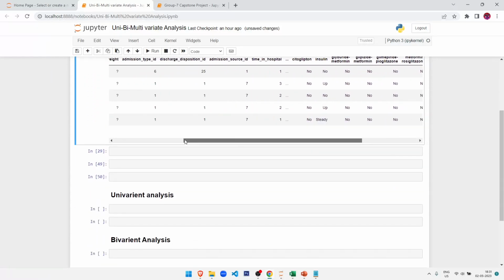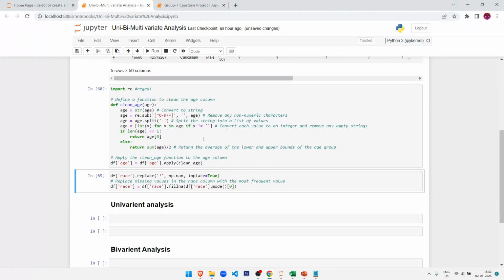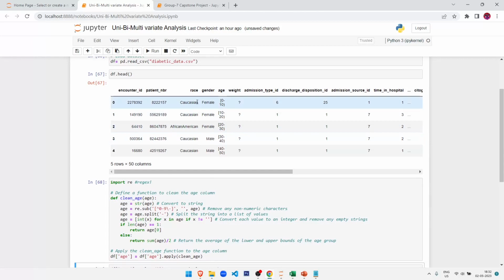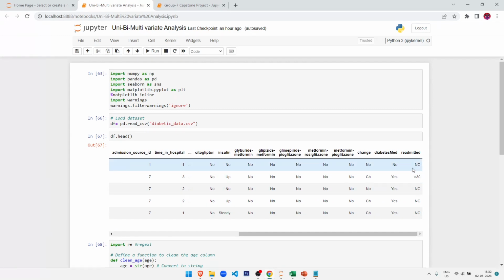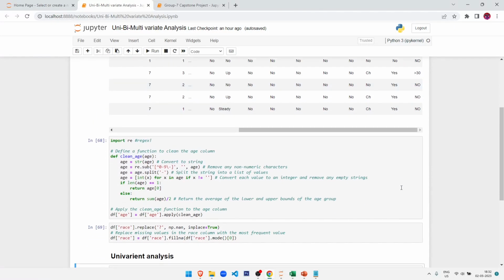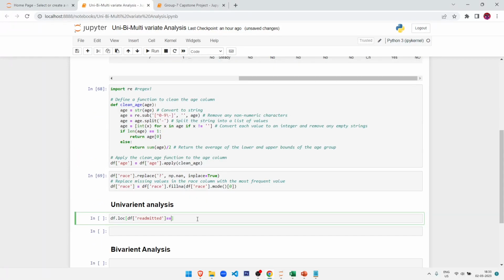So this data set is somewhat clumsy. We have to do some data cleaning before we proceed, because in this age column we don't have a proper age, so we will do some data cleaning which is not relevant to this video. Okay, now we have cleaned the race column and the age column. Now we are going to perform univariate analysis. I have to classify these three things: no, below 30 and above 30. So I'm going to write a code: data frame df readmitted equal to